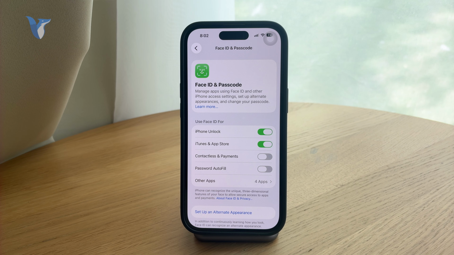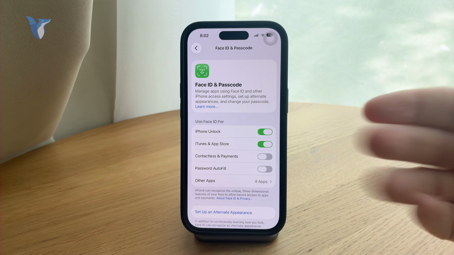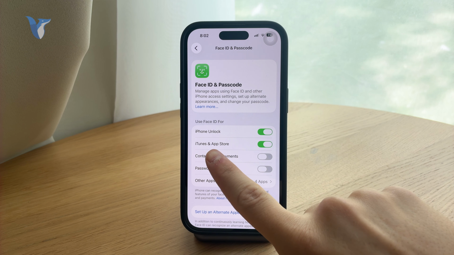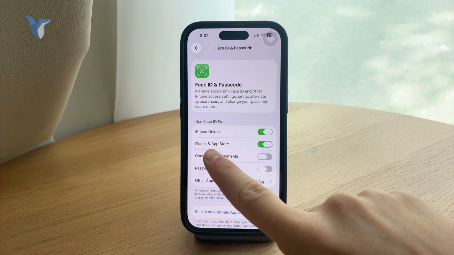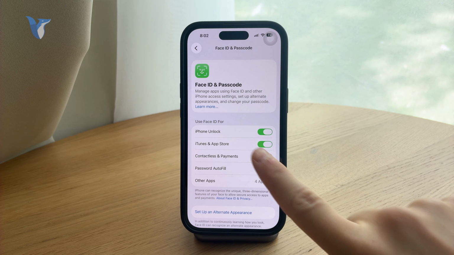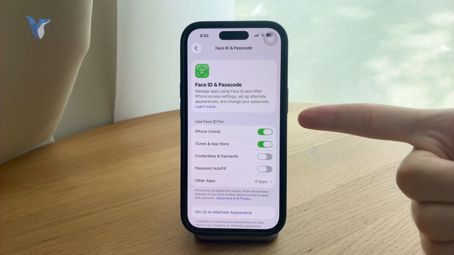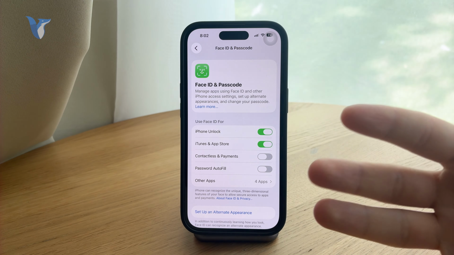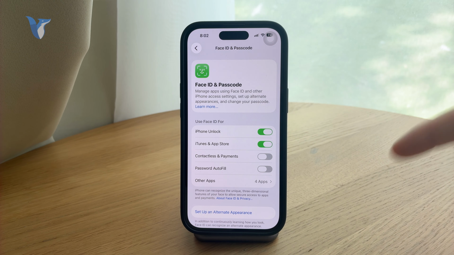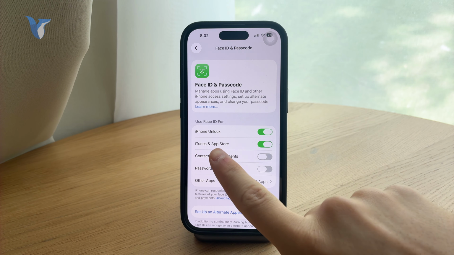And as we are inside of this section, you can see that we can use Face ID for unlocking the iPhone, but for other things as well. For the iTunes and App Store, this is the toggle that we are interested in, right? So the iTunes and App Store has to be enabled so you can authenticate yourself before downloading apps using Face ID and not the long Apple ID password. So if you don't want to type in the Apple ID password for every single app, make sure that this